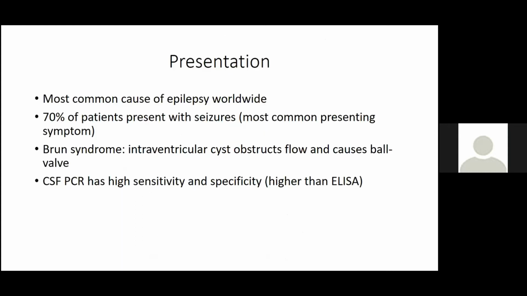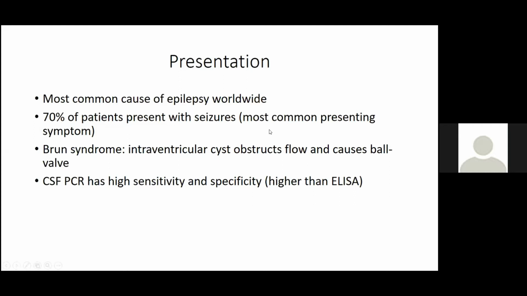And it's the most common cause of epilepsy worldwide. 70% of patients present with seizures. It's the most common presenting symptom. There's also something to be aware of called Bruns syndrome, which is basically if a cyst is intraventricular, it can obstruct the flow of CSF and then cause sort of a ball valve effect, and that can be very dangerous